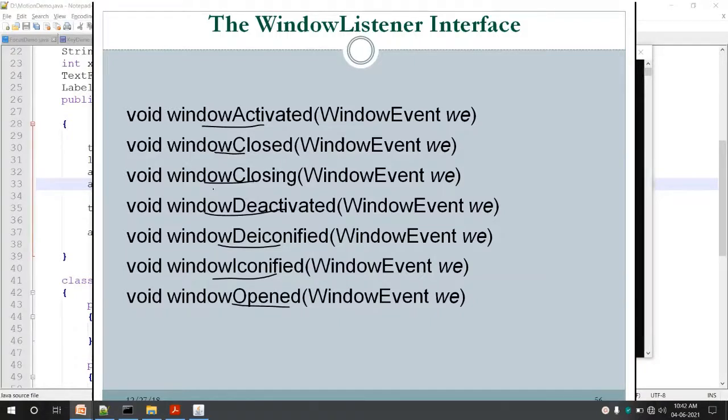Then we have a method called windowOpened. When you open a window, the windowOpened method is called. These methods can be used to handle window related events, and for that you need a listener called the WindowListener interface.